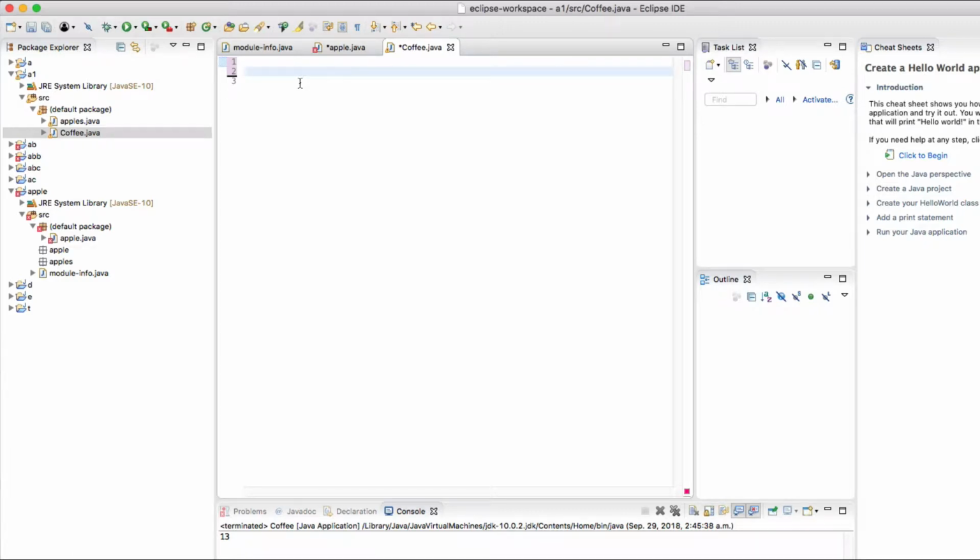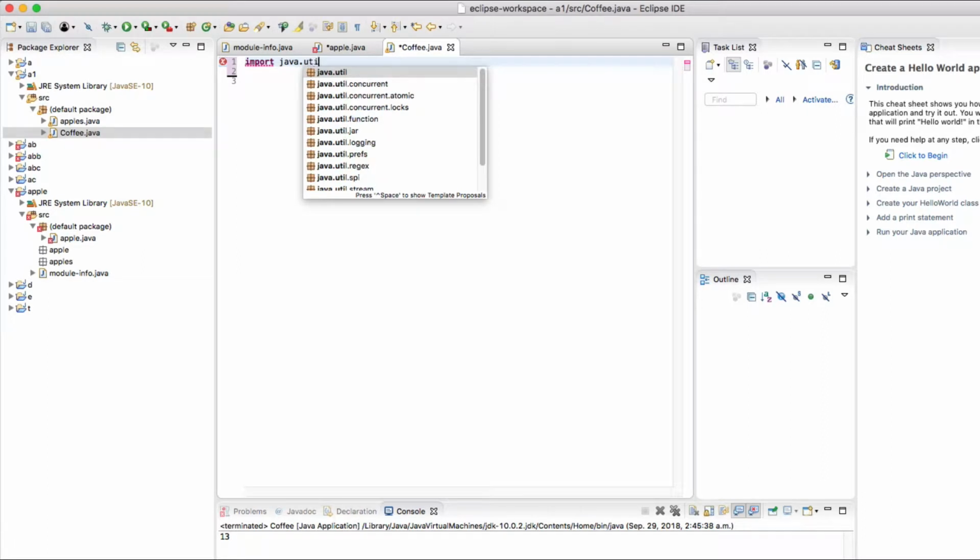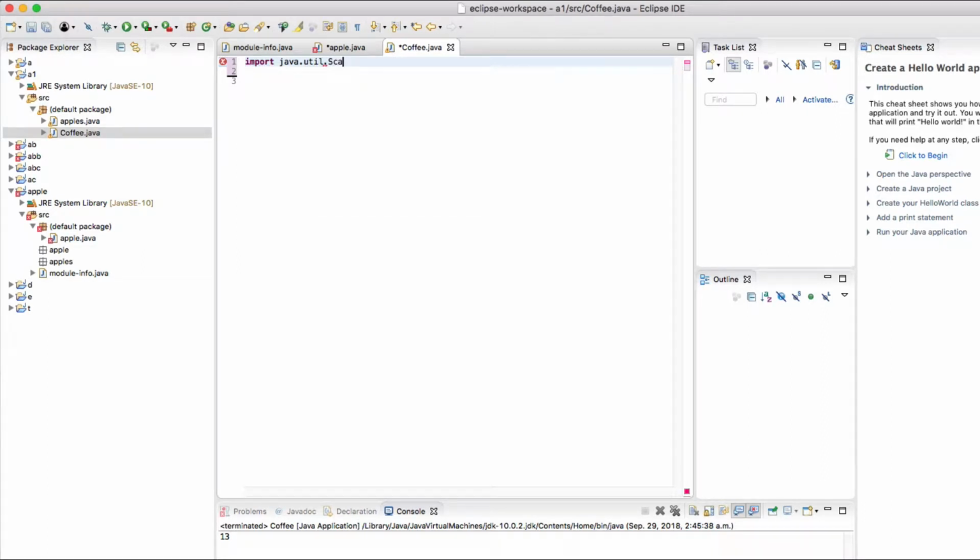What's going on, guys? In this video we are going to take a look at increment operators in Java. So first I'm going to import Scanner. To import Scanner, I put import java.util.Scanner,